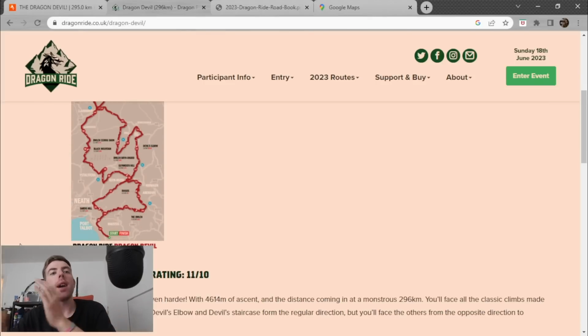Okay, so the Dragon Devil is just shy of 300k, which is a shame because we're going to have to do laps of the nearest roundabout to round it up to that last 4 kilometers. 4,600 meters of climbing. Most of that comes in the back half, which makes this quite a challenging ride. If the climbs were spread out, it's a little bit easier to get your head around. But because most of the climbing is centered in that back half,